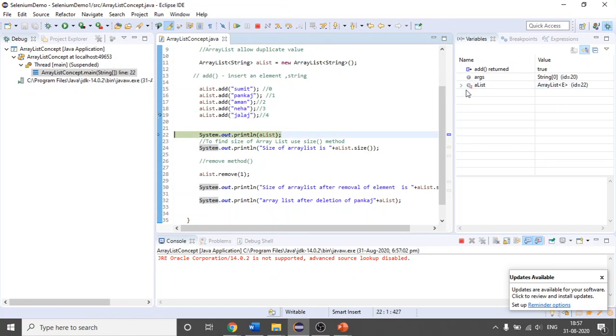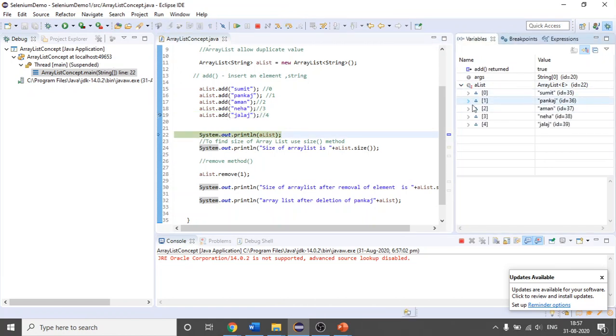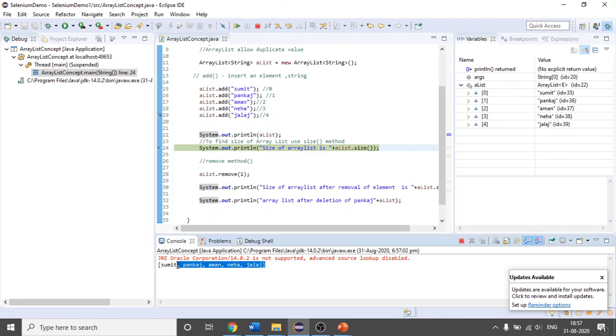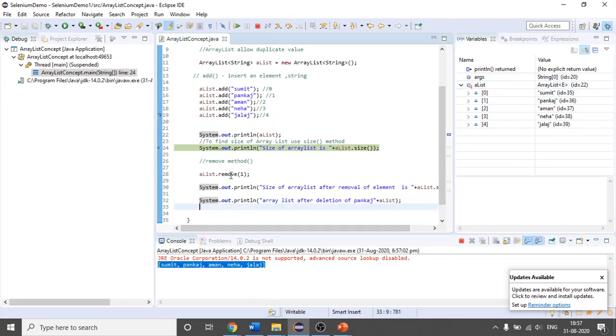see on the right hand side, these are the 5 elements which we have in our array list, and with the help of this I will print it. So I will simply say step over, and see in the console you have printed the array list, this one. Okay, right hand side one you have printed in the console. I am using this method as of now. Okay, so then what I will do, again, see, after the execution of this,